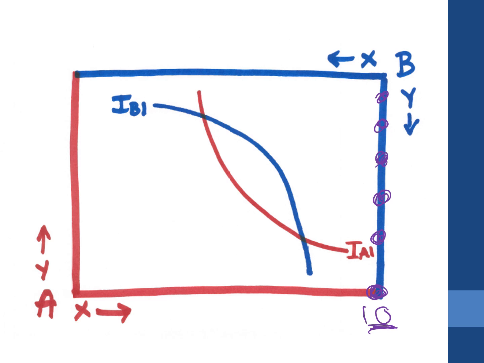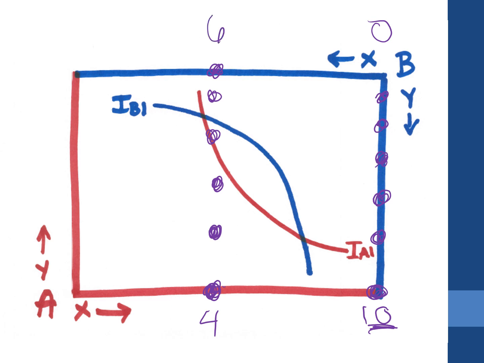Well, we also know then that person B has 0 units of x, right? And so there's only 10 given. So if I, person A, have them, then you, person B, don't have them. Likewise, if we knew person A was, say, right here at 4 units of x, forget how many y, it doesn't matter how many y. Well, at any of those points, that means that person B, you, have 6 units of